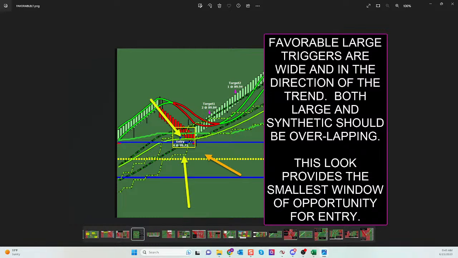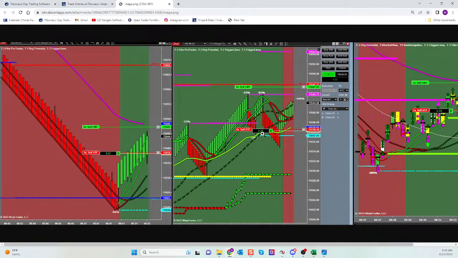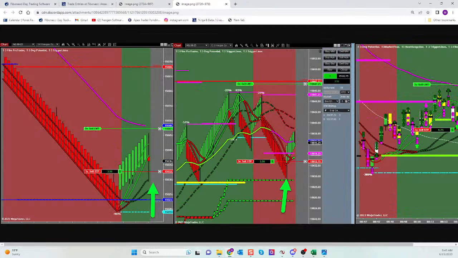When they're split, it becomes difficult to recognize whether or not the market is going to go to the top triggers, to the large triggers, or if it's going to go to the small triggers. In the beginning, when they're split like this, it takes away an advantage because it may close the gap to the synthetics. John Novak gave us a great lesson on that, which means that you're going to have to manage assertively. You're going to have to let it close that gap.